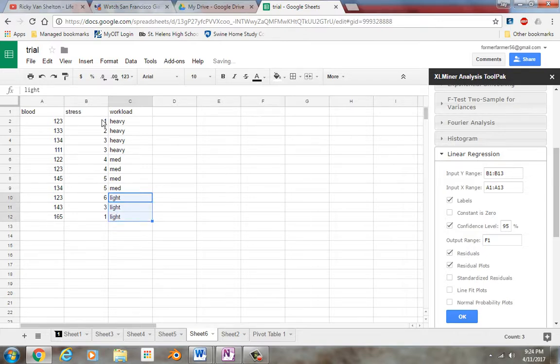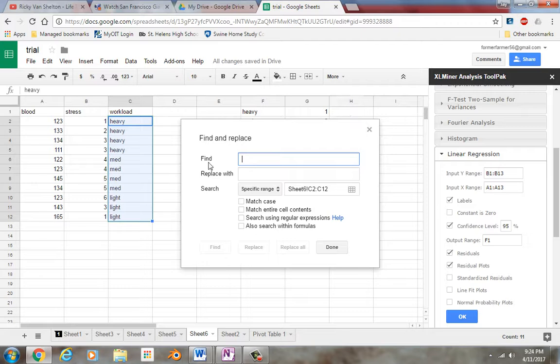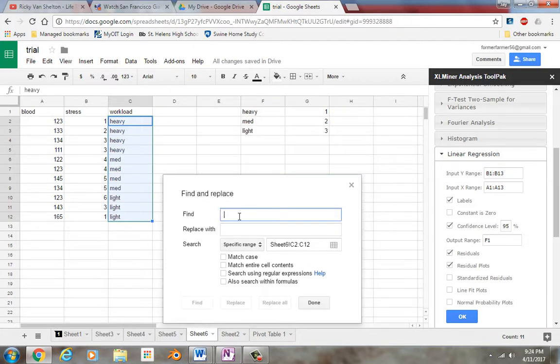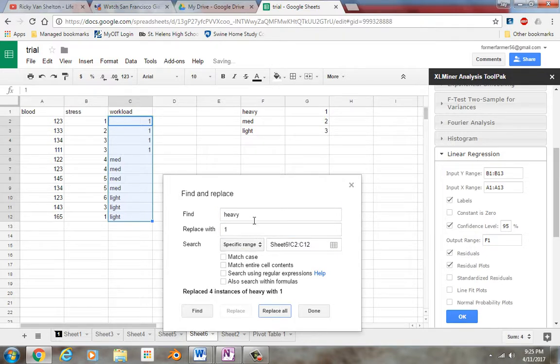Now, let's say we have two x's affecting one y. Right? So here's the deal. Somewhere you're going to be told that, look, let heavy equal 1, medium 2, light 3. Okay. So what I'm going to do is highlight this column. I'm going to hit Control F. Click on this little button right there. So I'm going to find heavy and replace it with a 1. Replace all. I'm going to find medium,